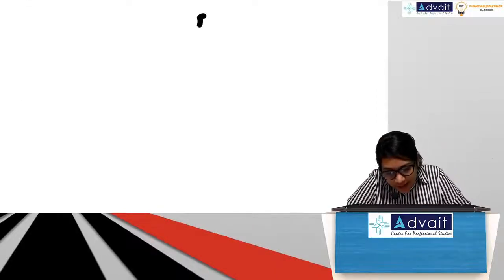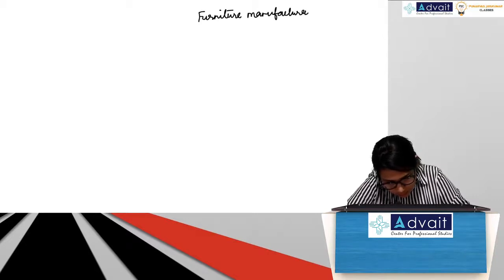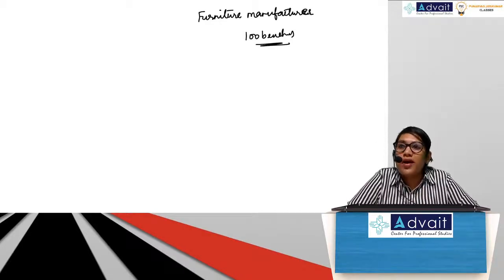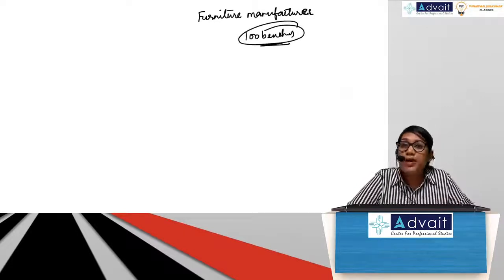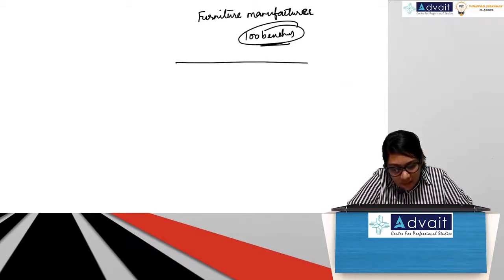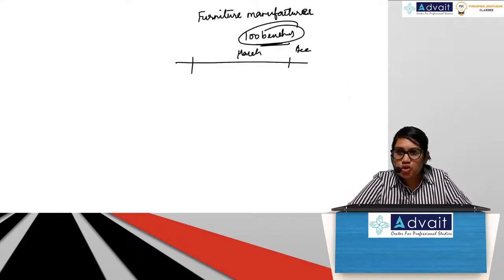if I am a furniture manufacturer, correct? I got an order for 100 benches. Now my customer has told me, I want 100 benches. Tell me how much you will charge. I am somewhere in the middle, March. I close my books only in December. I have to give him a quote right now. Correct? So benches are made out of wood. So I know in each bench, this much wood will go.